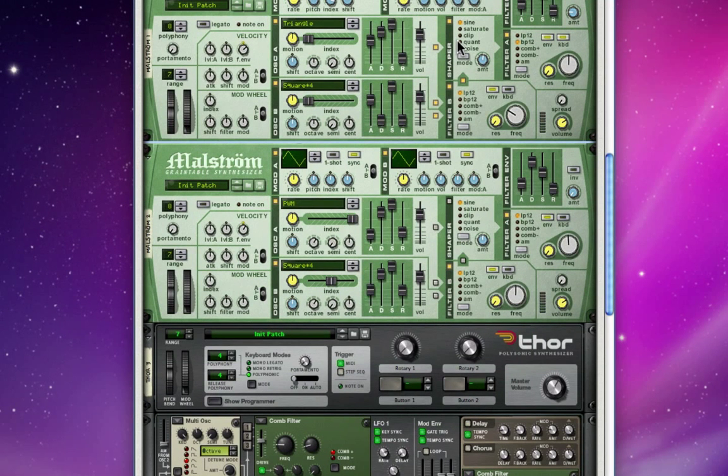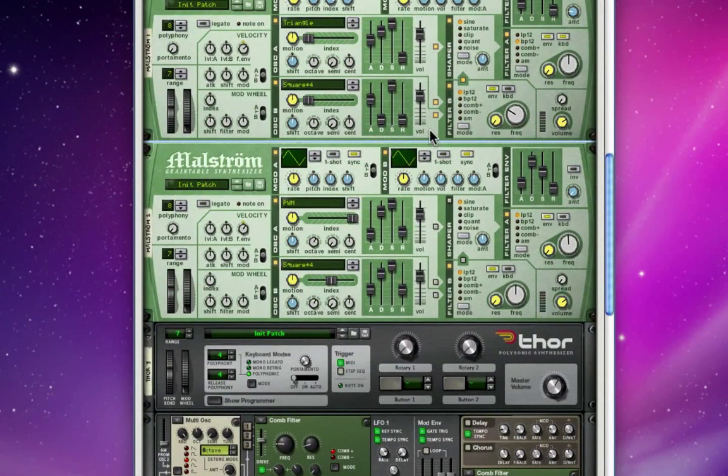What's up, everybody? Sir Cedric back with part 3 of 3 on my Thor tutorial series using Thor as a filter. Part 1 was about Thor as a switchable filter. Part 2 was about Thor as a programmable filter. And this one's going to be about using all 4 of Thor's inputs to use Thor as a complex and